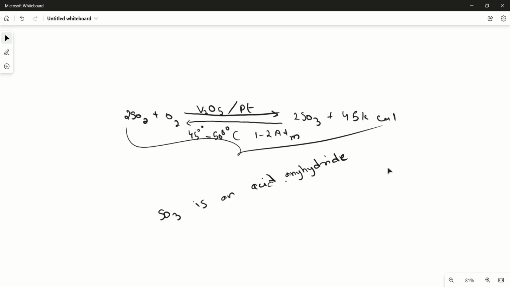Even though SO3 plus H2O gives H2SO4, it's not done, because the reaction